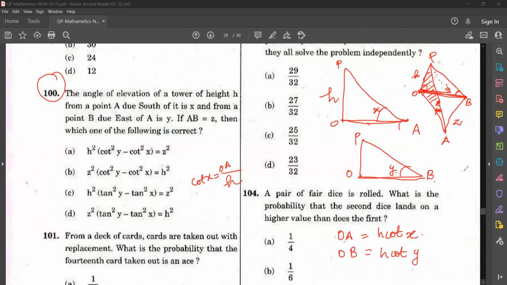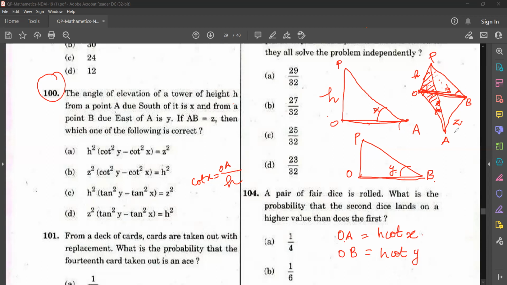Now listen, triangle OAB. That is also a right triangle, isn't it? This OAB is also a right triangle on a plane, isn't it? Because A and B are points lying on the floor. So this will also be a right triangle,